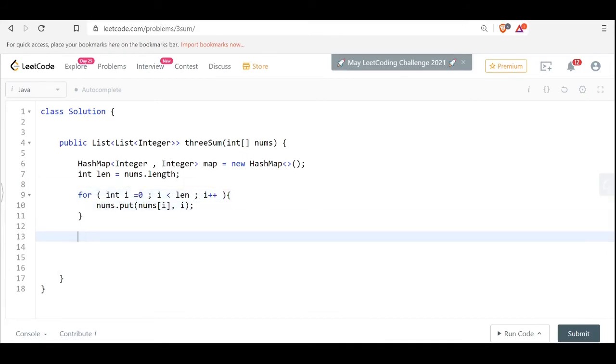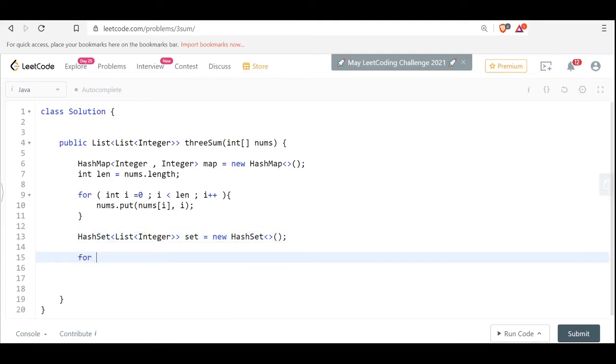Now what will I do? Now here is the thing that I like the most. A hash set. So what will it contain? It will just contain my list of integers: a hash set of list of integers. What I will do here is start from my first element and go till my last.